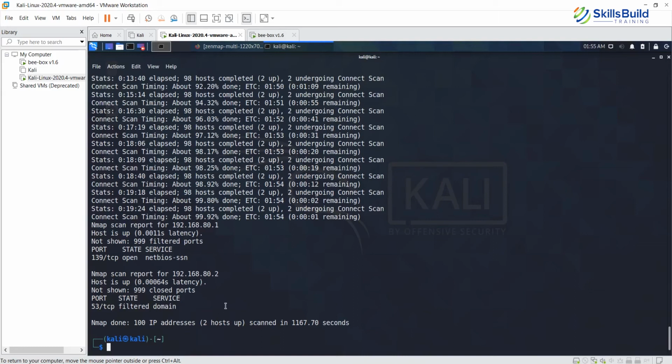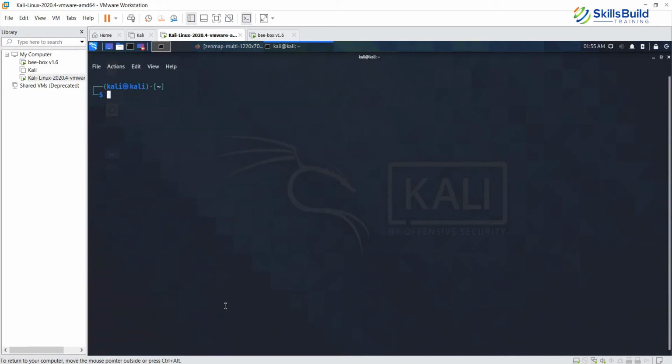So I think it was worth waiting for this kind of output. So let me just clear the screen so that we can move to the top of the command window. So I am going to now scan a different set of IP addresses. So I'm not going to do the range. I am going to